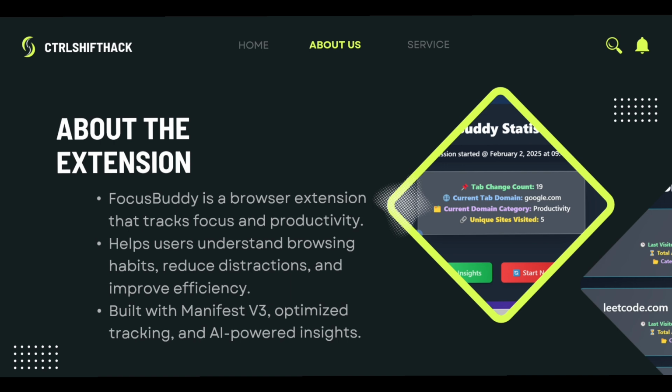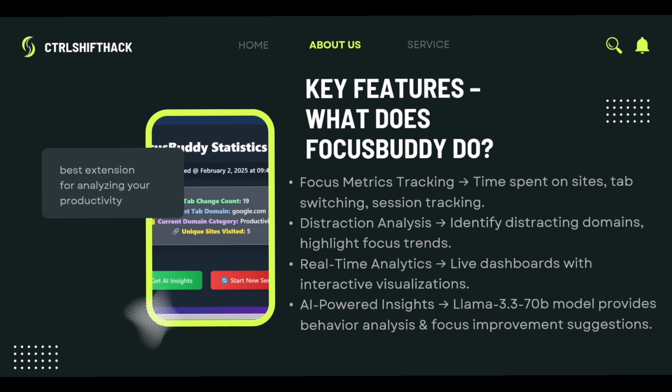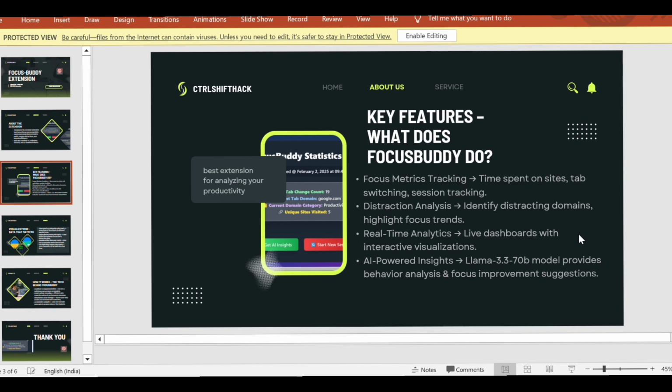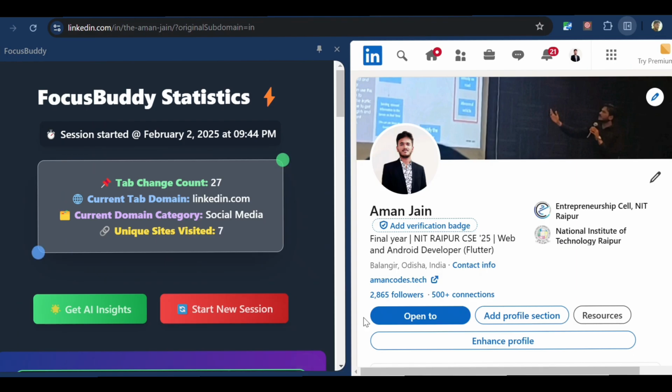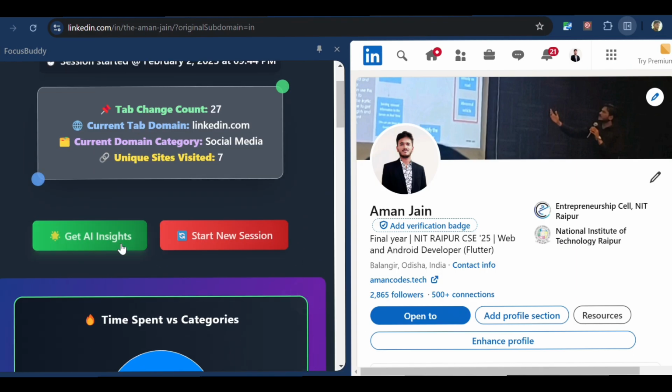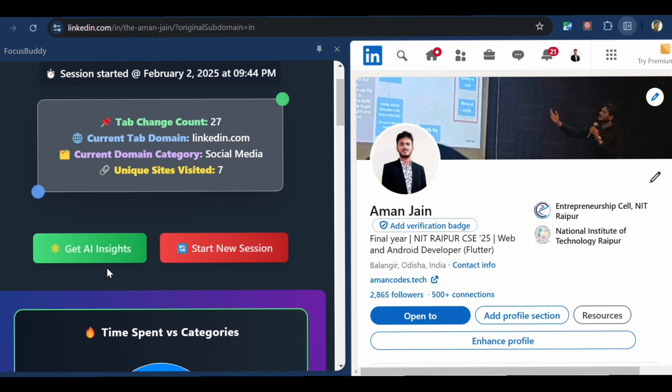It helps the user understand the browsing habits, reduce distractions, and improve efficiency. Okay, so we talk about the four main features there. Also, I missed one feature, that is the get AI insights. This uses the Llama 3 70 billion parameters LLM, and it passes the data, basically the tracked